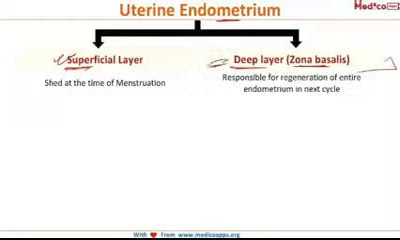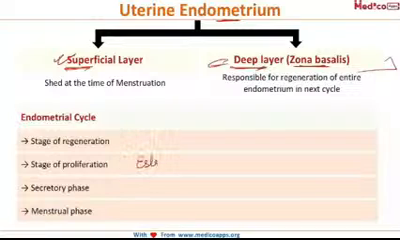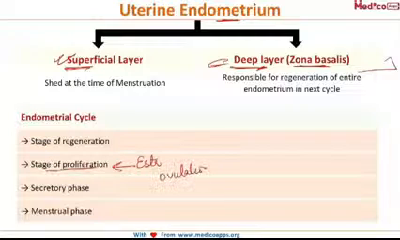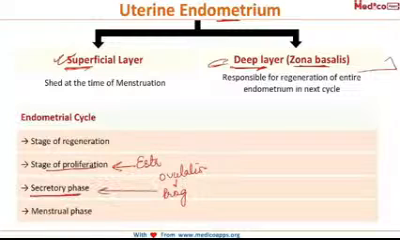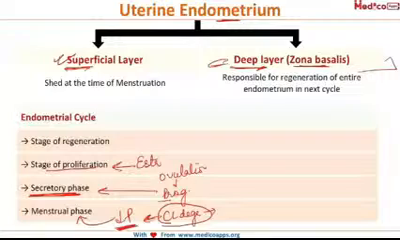Now, moving on to the endometrial cycle, first I told you the regeneration of the endometrium starts occurring from the deeper layer. Then under the effect of estrogen, there is proliferation of this endometrium. Then subsequent to ovulation, there is release of progesterone, and this progesterone makes the endometrium secretory. And as the corpus luteum degenerates, the level of the progesterone decreases. Now, the endometrium loses its support and thereby leads to menstruation. So, the menstrual phase. So, these are the stages of the endometrial cycle. So, this was all about